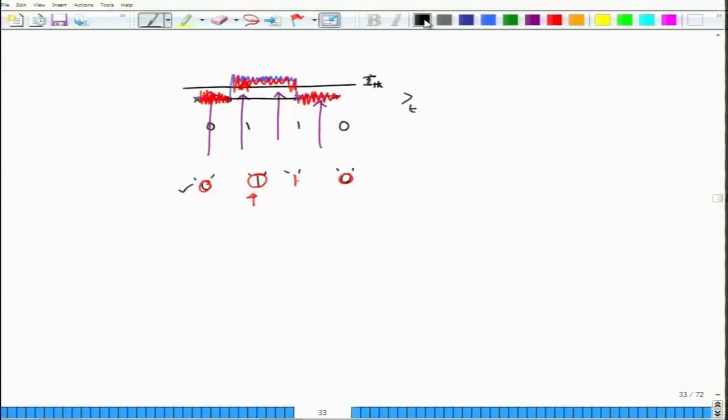In this module we will continue the discussion of on-off keying systems, and we specifically are interested in finding out what is the expression for bit error rate, so that we may use this expression to gain further insight into the system. We are also concerned with finding the optimum value of this threshold value that is used to distinguish whether you have received a bit 0 or a 1.